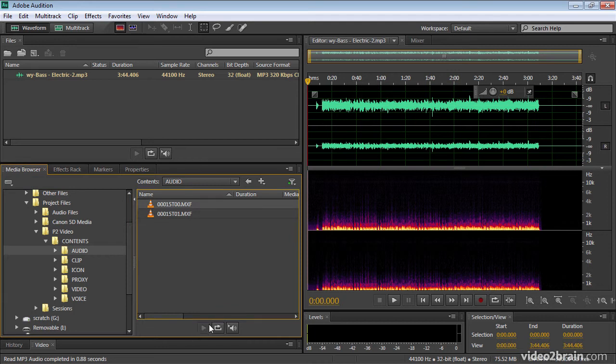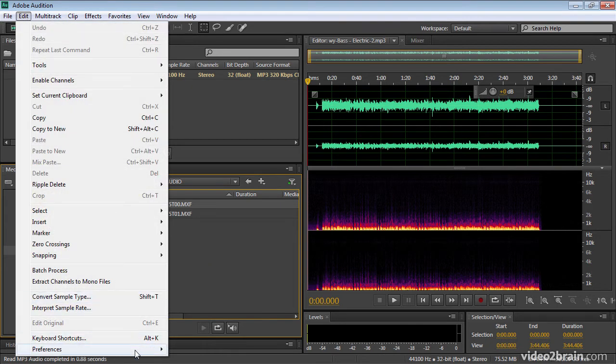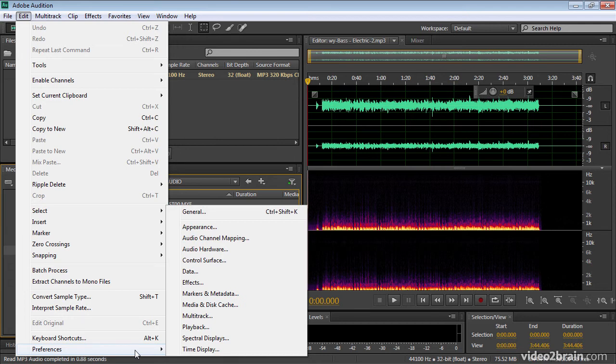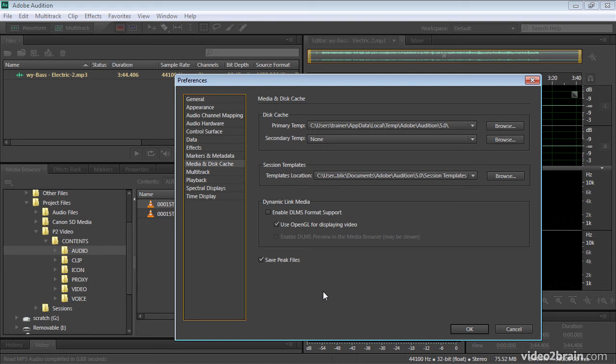But you'll notice that the play button is grayed out. And this is because the MXF file type isn't really supported traditionally by Audition. It's really a video editing system format. But with Audition CS6, if I go to the Edit menu, and this would be the Adobe Audition menu in macOS, and I choose the Media and Disk Cache options, you'll see I've got this Dynamic Link Media category of